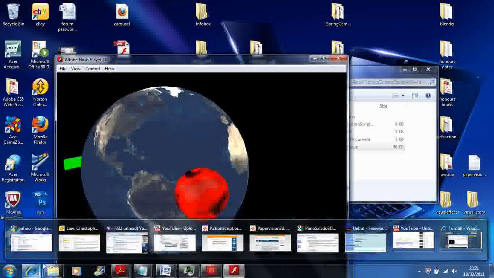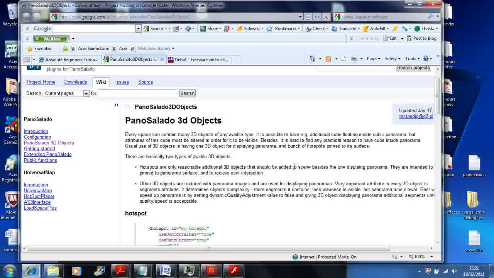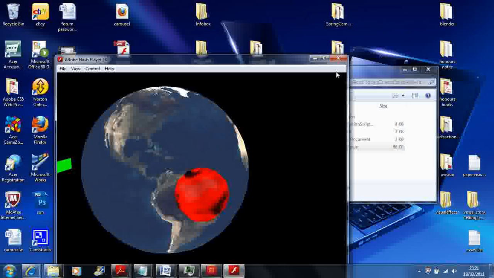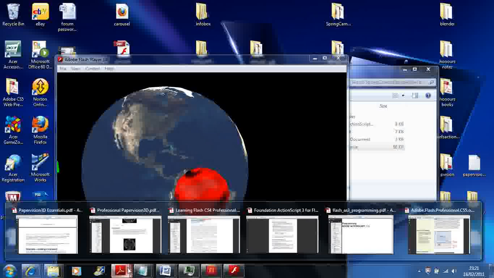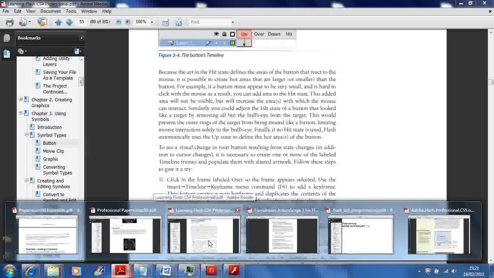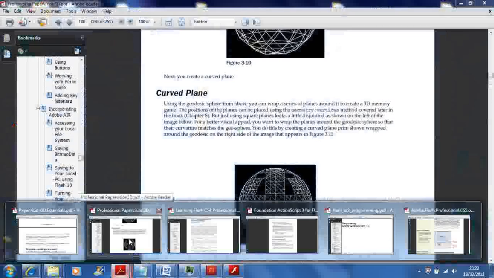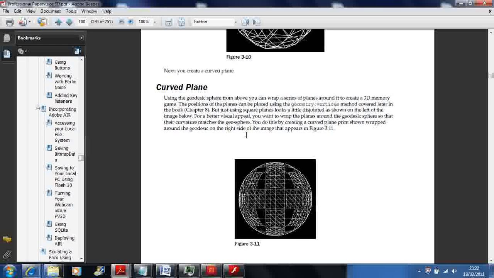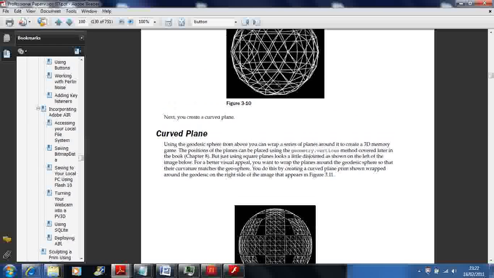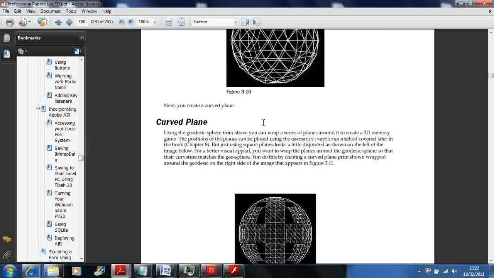If I just find it, it's some open source code which allows you to create your own individualized primitives within the Flash interface through the Papervision library. The idea, if it's here, it's a geodesic sphere. It's a lot smoother than your normal sphere primitive that comes with Papervision, and you can create curved